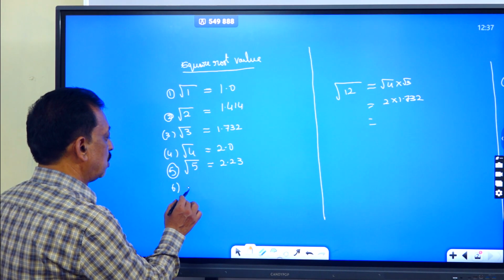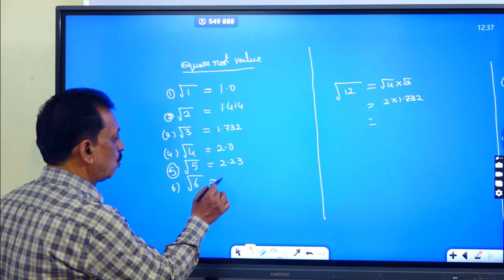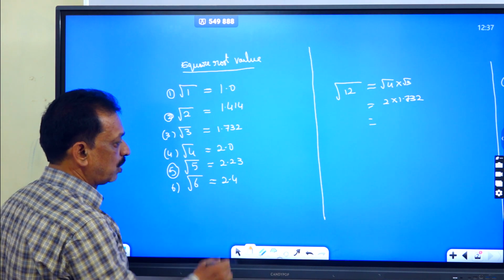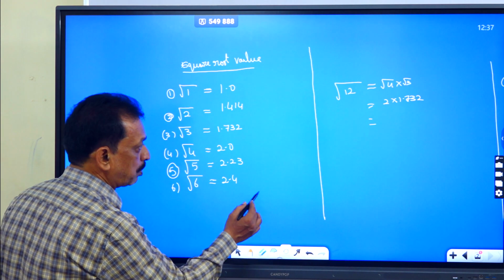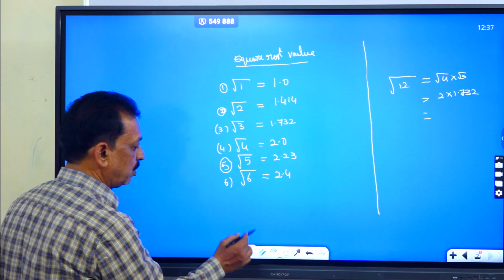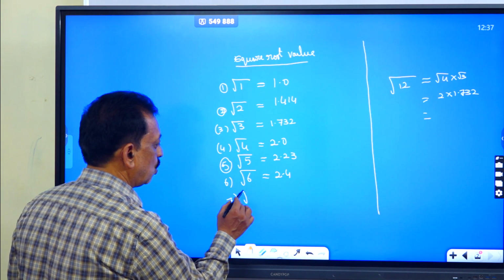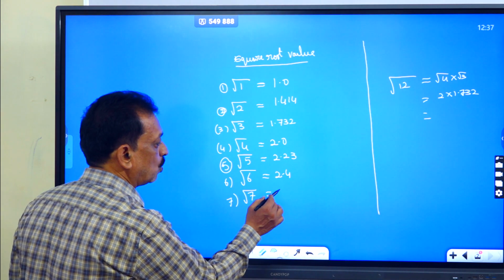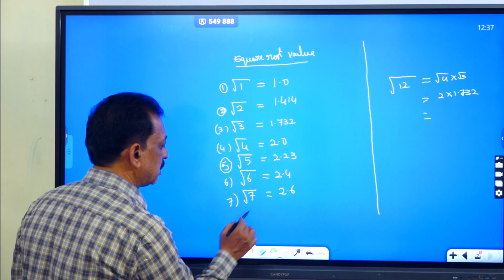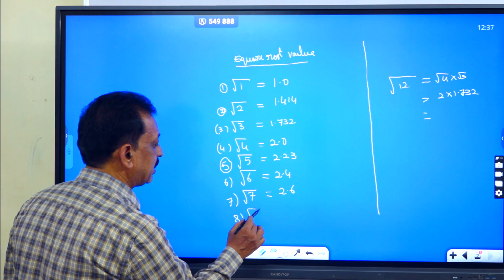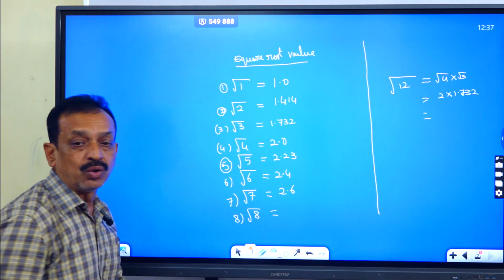And root 6 is equal to 2.4; one decimal point is perfectly enough. And root 7 is equal to 2.6, and root 8 is equal to